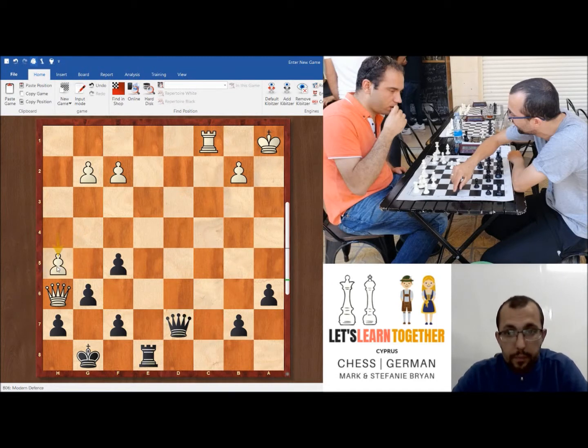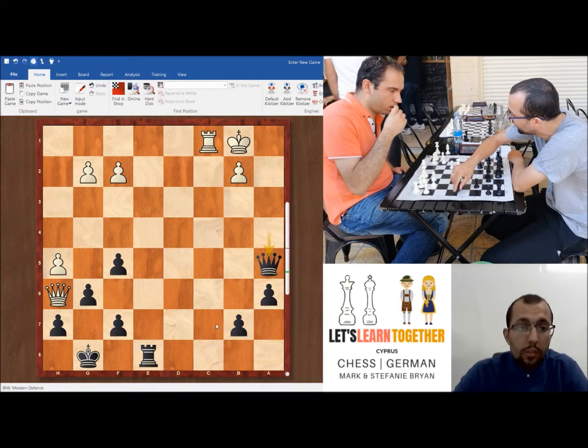h5. Yes, starting to open up black's pawns. Here I ignored this. Check, king b1, and now queen a5. The idea is again to keep hold of the c7 square. So white took on g6, f takes g6, and now rook h1 was a big mistake as it gives me